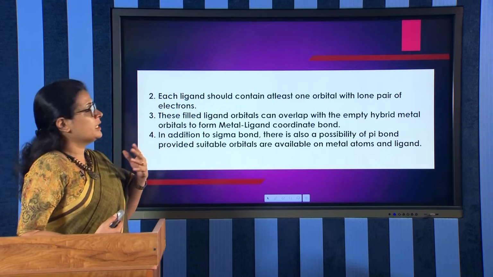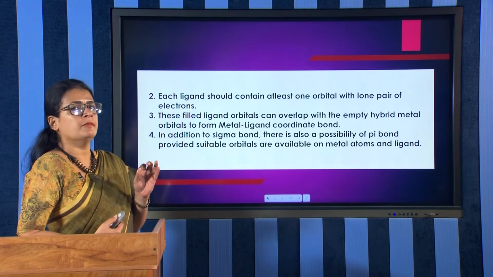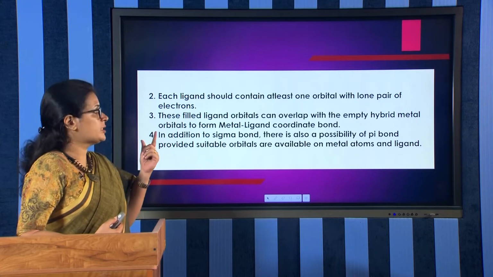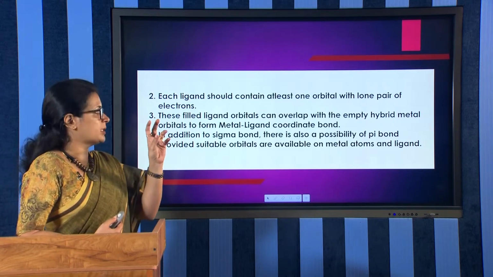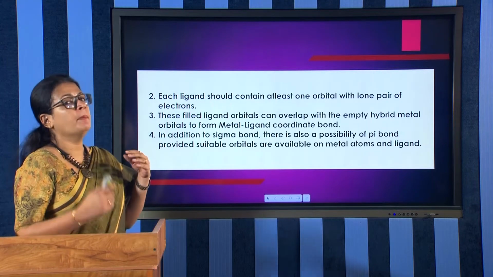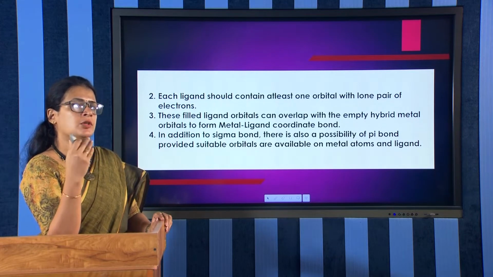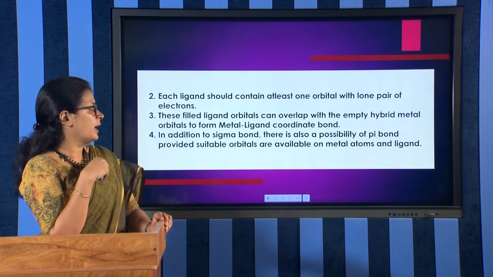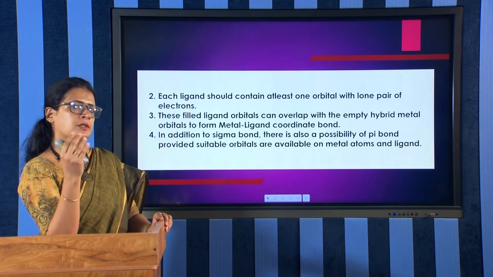The next postulate is that each ligand should contain at least one orbital with a lone pair of electrons. This filled ligand orbital can overlap with the empty hybrid orbital of the metal to form a metal-ligand coordinate bond. We know that the nature of the bond in coordination compounds is a coordinate bond, and this coordinate bond is formed by metal orbitals and ligand orbitals combining to form